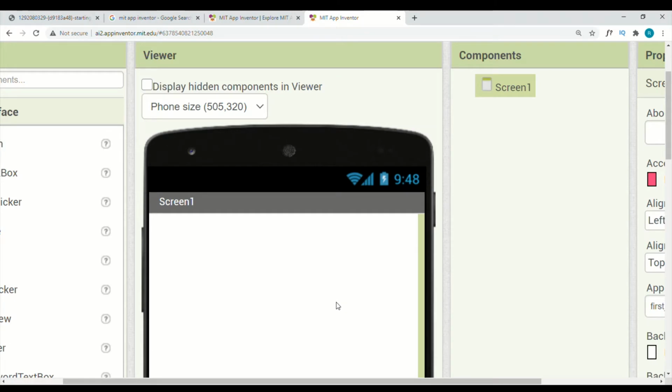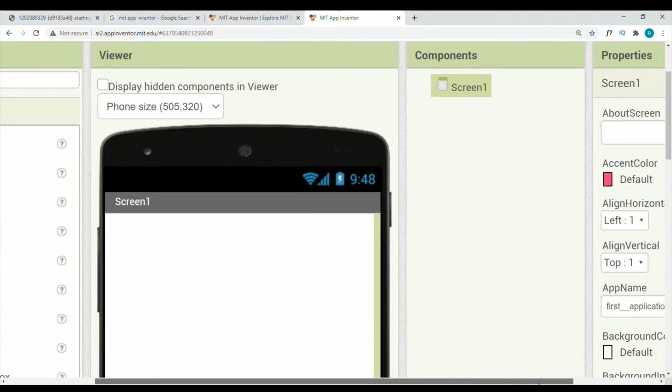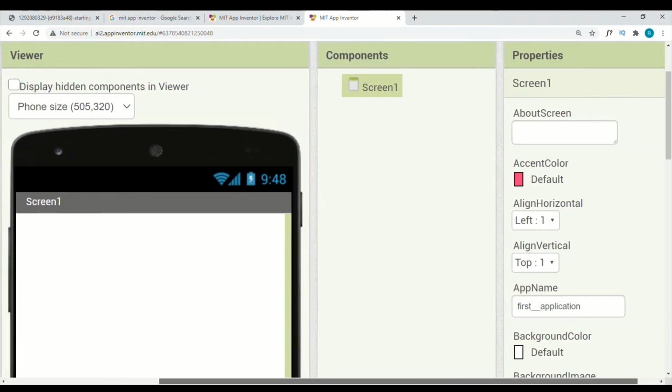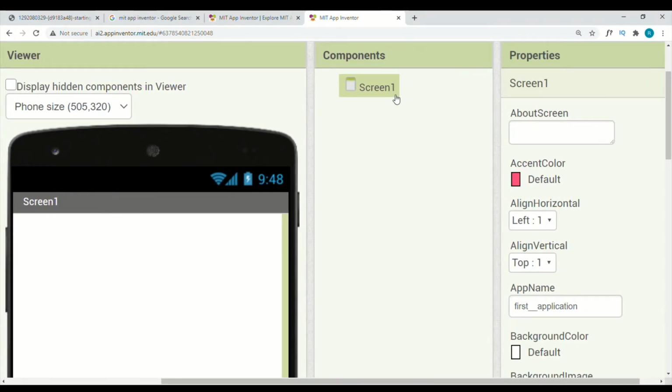While inserting components on the screen, we have to give alignment, whether it is left alignment, right, bottom or center. On that note, we have to change our screen components. The screen is already selected, so we should go to the properties of the screen. If you want to give center alignment for your components, go to the align horizontal property of the screen and click on that. Then go with the center option.